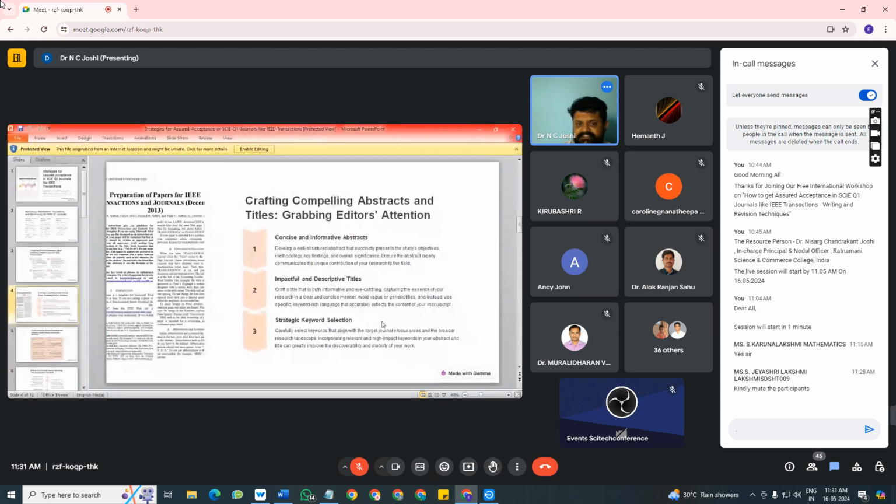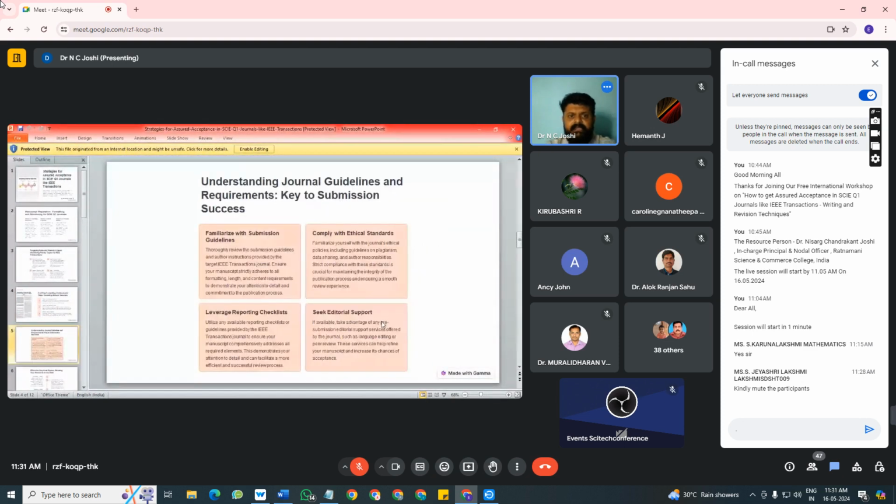And the third is strategic keyword selection. Carefully select keywords that align with the target journals' focus areas and the broader research landscape. So it is very helpful to select key Q1 journals in which your research work will be published. It is very helpful. Next,